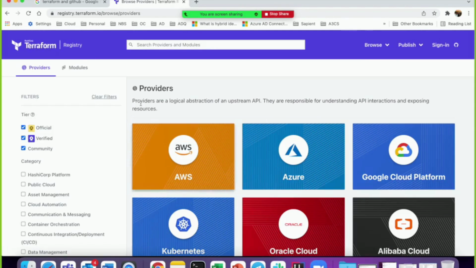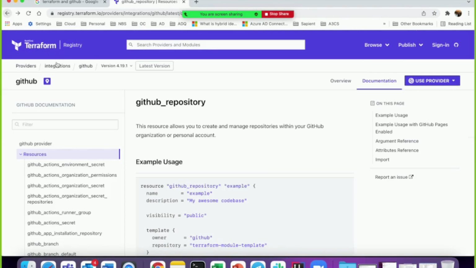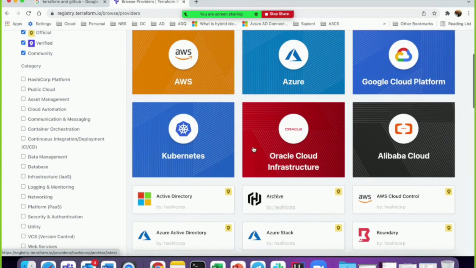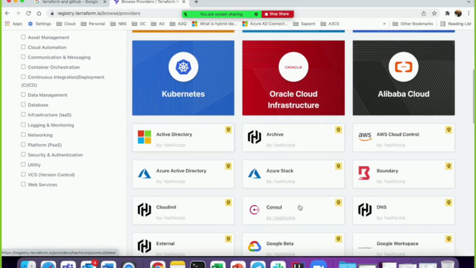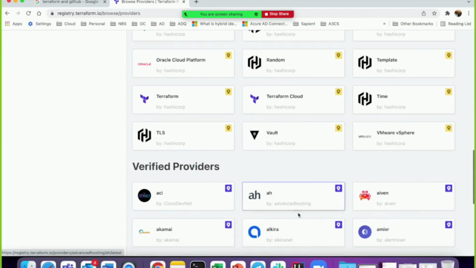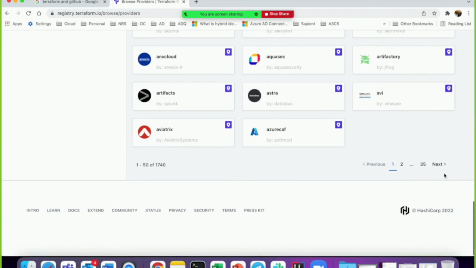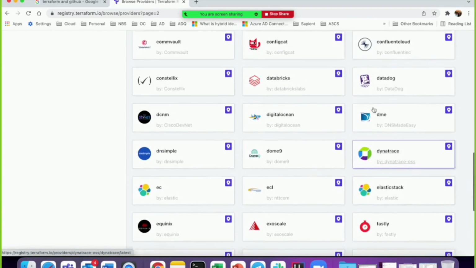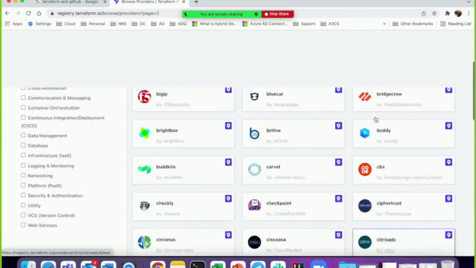You can create it. So if you go to the providers, these many providers are there. All the top clouds are there. Kubernetes is there. All these you can run using Terraform. Okay, so if you see, there are 35 pages. So whenever you get time, just have a look at it.